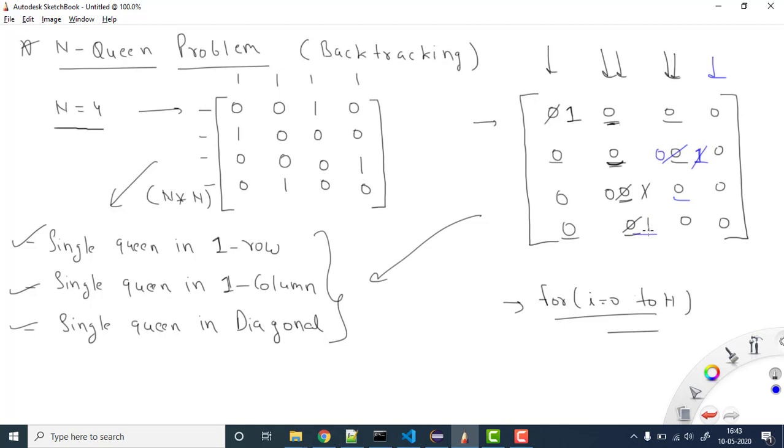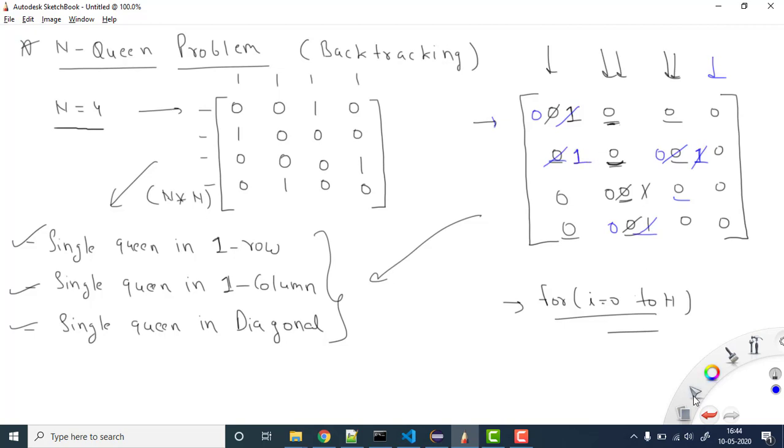If you cannot go further, you need to check the previous column. It means I will backtrack and make this value 0 again, because this is not a good solution. Here I have only checked with the first row. So now I'll backtrack; rather than this 1, I'll make it 0, and check again. Can I put the value 1 here? Yes, you can, because there is no such row and no such column conflict, so this is a good placement. So here I can put the value 1.